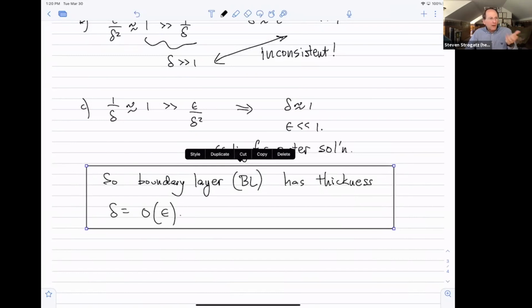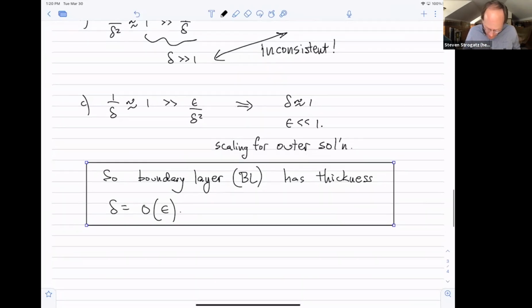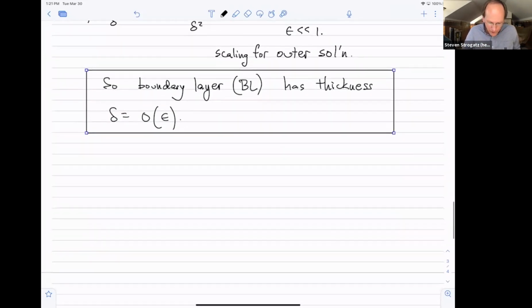The funny thing about this part of the argument is that this is all predicated on assuming that the boundary layer is at a place that it is not. Nevertheless, this part of the reasoning is correct. It's just the earlier part is wrong, as we'll see momentarily. So how are we going to tell that it's wrong? It's going to be because we can't match the inner and outer solutions. That's the signal that we've done something wrong. Matching becomes impossible. So we're going to see that in a minute.